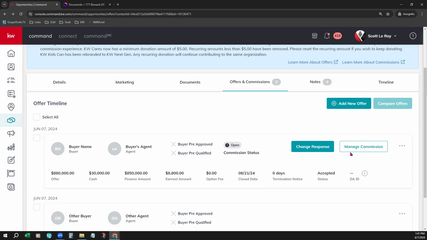Okay. So now that you have an offer accepted, and let me just add this caveat right here. You still want to be going to your documents tab and jumping into DocuSign and obviously having them sign that form. I just want to be super clear with anybody that's not familiar with opportunities. You still need to get your forms executed, obviously. Again, this is just within your command opportunity. You want to have an offer accepted and then submit a commissions request to your market center. So we will click on Manage Commission